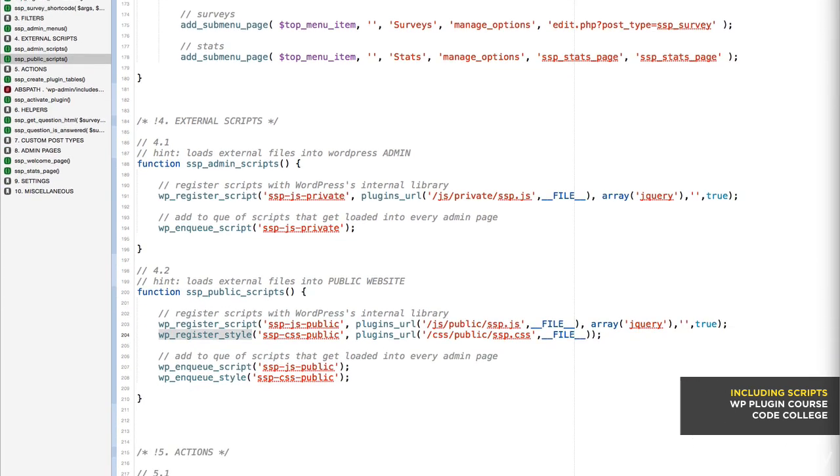And then we have enqueue script. That similarly does what enqueue style does, and it enqueues the script instead of a CSS style. All right, so now we've got these 2 new functions that set up admin scripts and public scripts,